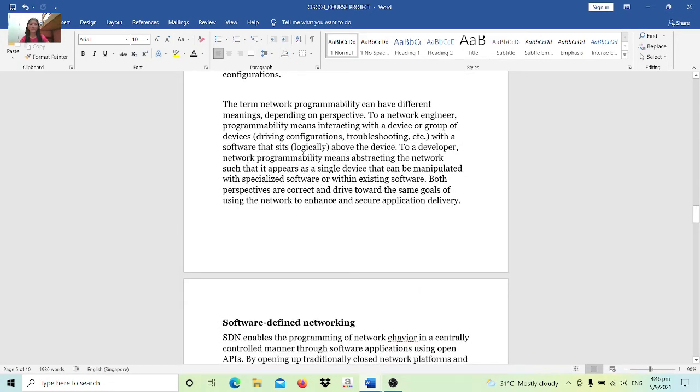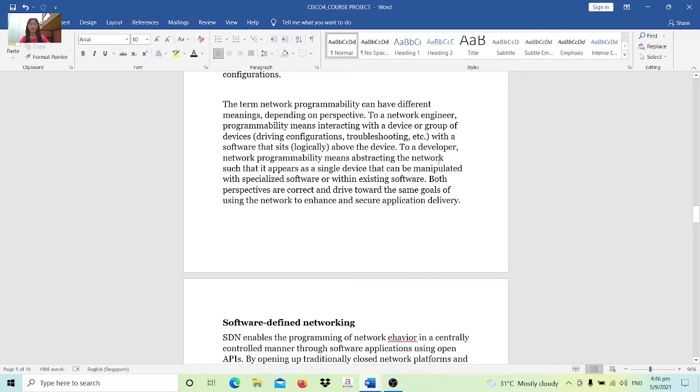The term network programmability can have different meanings depending on perspective. To a network engineer, programmability means interacting with a device or group of devices, driving configuration, troubleshooting, etc., with software that sits above the device.